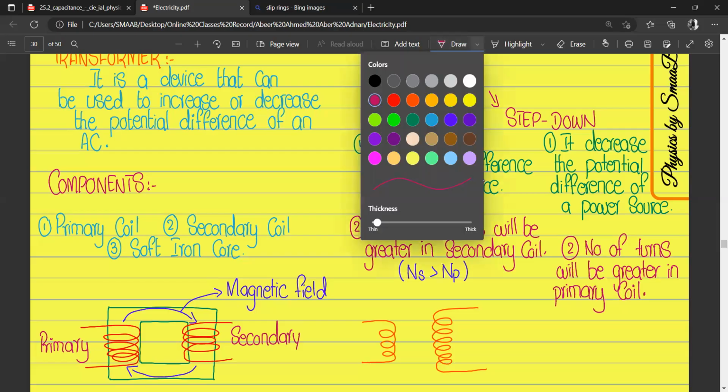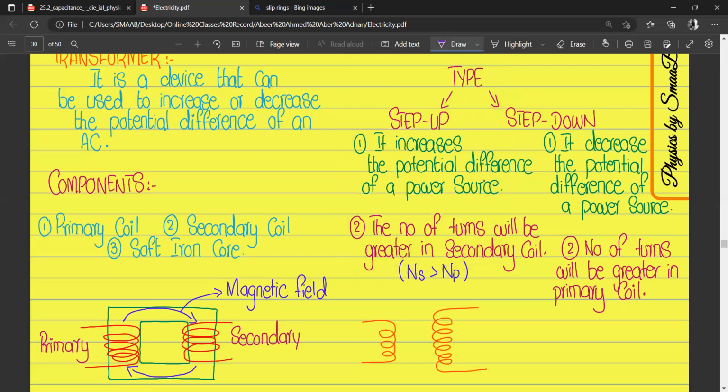Actually, we can write E will be greater and